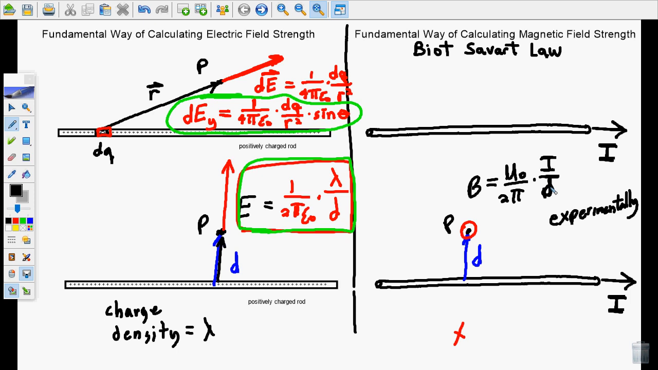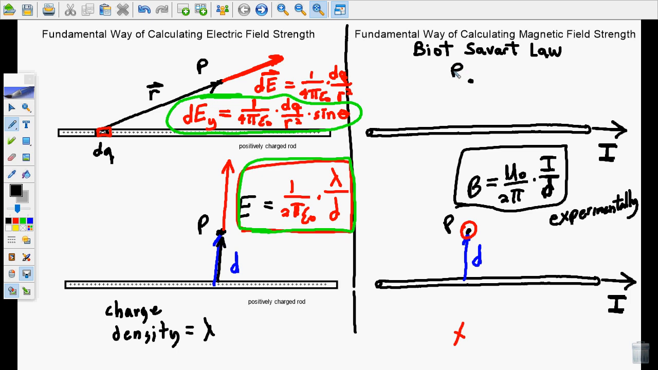Now, here's the genius of Biot-Savart. They had this answer experimentally, and then they worked backwards to figure out, hey, is there a fundamental inverse square law, kind of like the electric field one on the left? Is there an expression at this point P right here